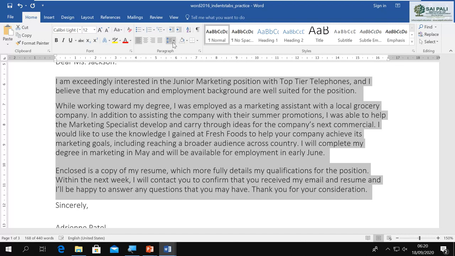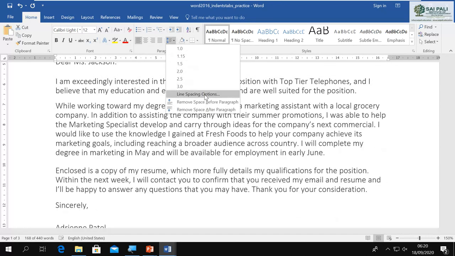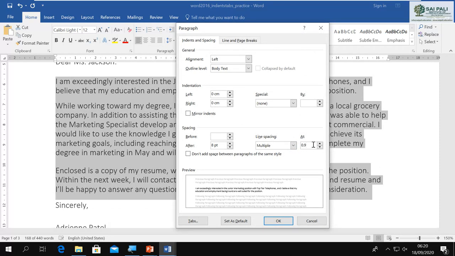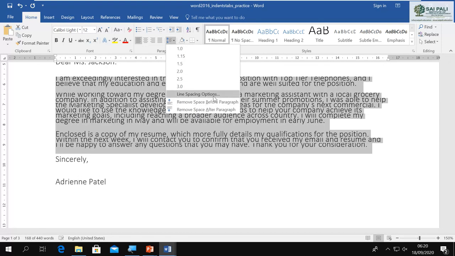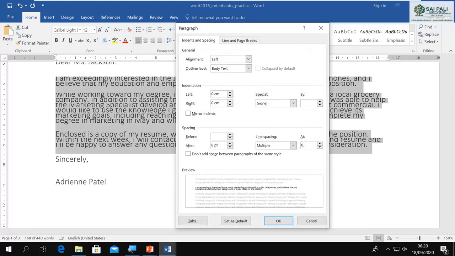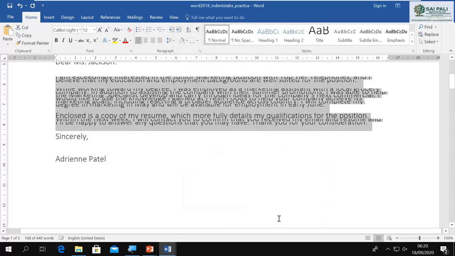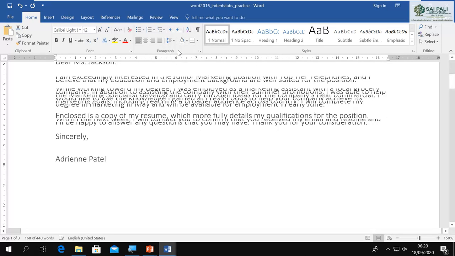The option 1.09 is not available here. So I go here and I can go even lower. I can use this up down arrow also. I can go for 0.5. Now you see the text, and now it is not easy to read. It is taking less space, but the lines are getting into each other. You can go even lower, like let's say I go for 0.03. Now is it readable? No, because one line gets inside the other line. That is not good. So that is what we can do. Let's go for the default one.